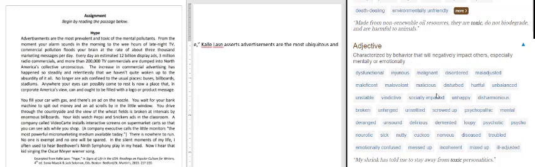So we can say malicious, hurtful, we can say unstable, that would be good, or we can say troubled. So those might be fitting for the tone or the essence of this passage. So I'm actually going to say troubling of